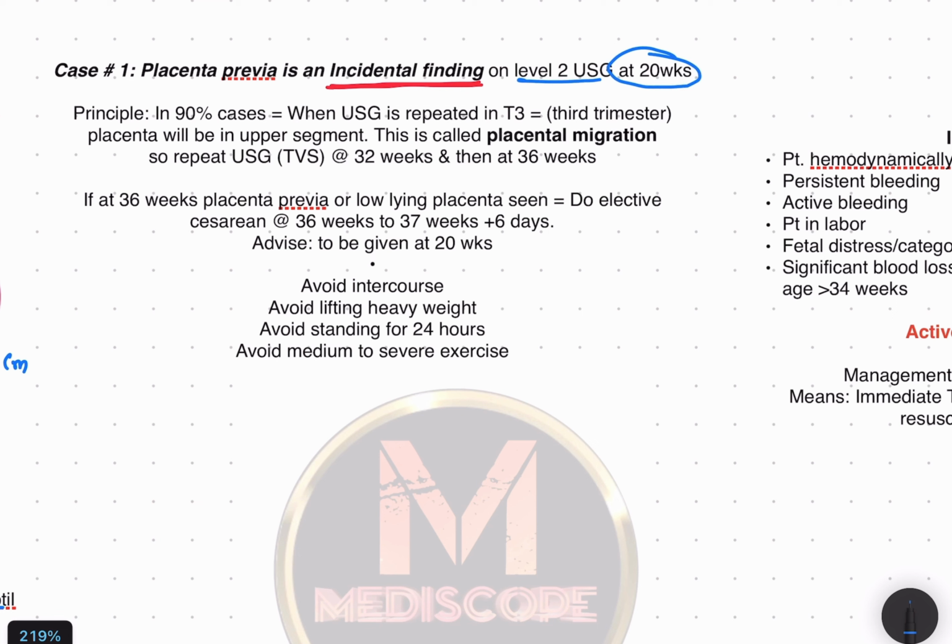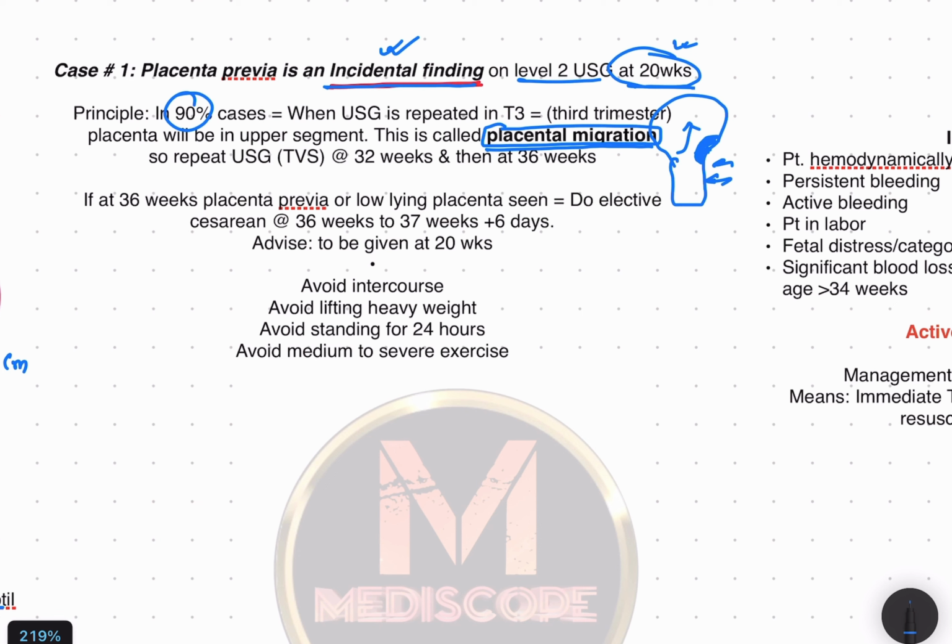at around 20 weeks. As we all know, the placenta is present in the lower uterine segment at 20 weeks, but as the gestation advances, the lower uterine segment will form and there will be placental migration. That means the placenta will migrate upward because of the formation of the lower uterine segment, to the upper uterine segment. So in around 90% of cases, because of placental migration, that incidental placenta previa will not be present on